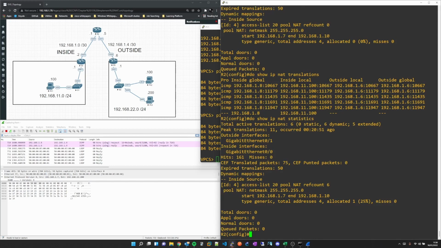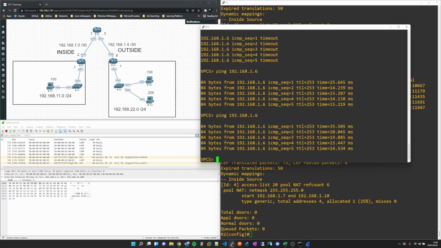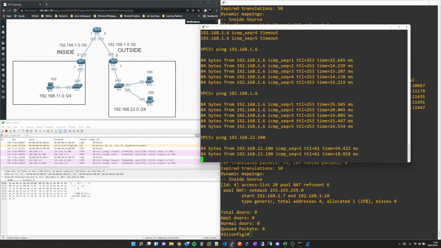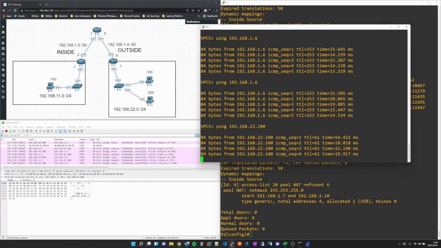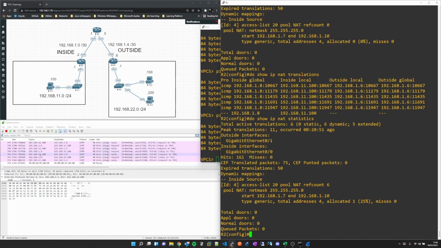Statistics, so we've allocated 1, we've got total addresses of 4, so 7, 8, 9, 10. So we're pinging, let's go 22.100. So that works fine. And you can see there that it's still coming from 1.8 because the translation is still live. So we'll do a do show run